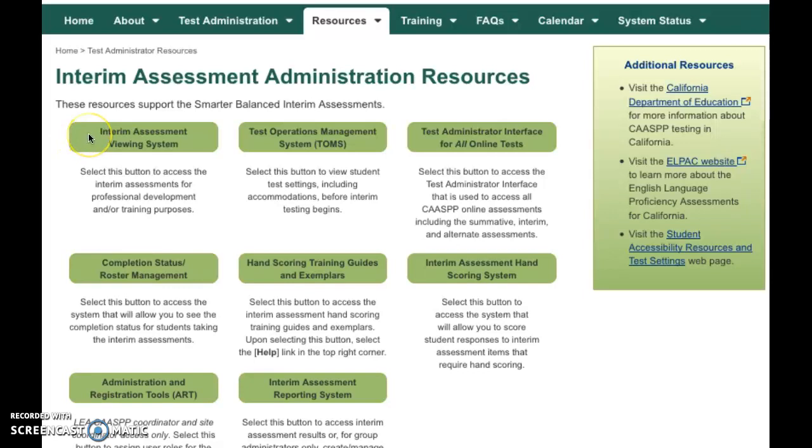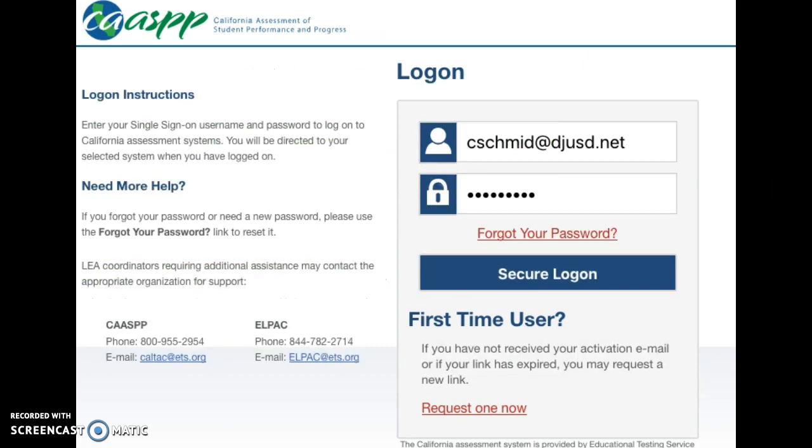Each one is to navigate to the various parts of the interim assessments administration process. The first green button is the interim assessment viewing system. We'll select this green button to take us into the viewing system. Once in the viewing system, we will be viewing secured materials. So in order to be able to have access to these, you'll need your TOMS logon, which is your email address for